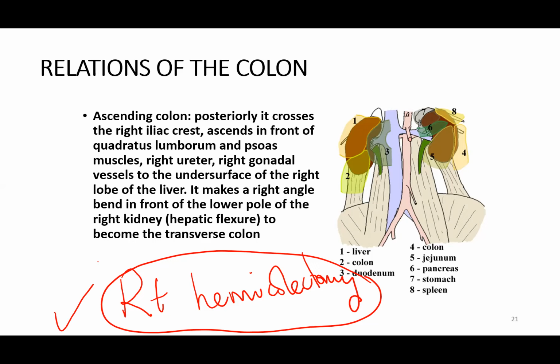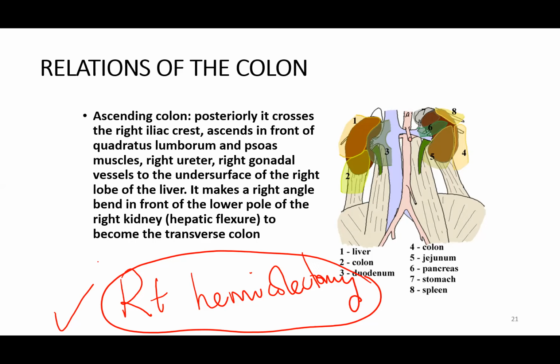Because when you reflect this right colon up to the hepatic flexure and mobilize it forward, you will see the second part of the duodenum, and if you are not careful, you injure it. The gonadal vessels, as well as the right ureter, because you will see how these structures are lying posterior to this colon. The ascending colon,